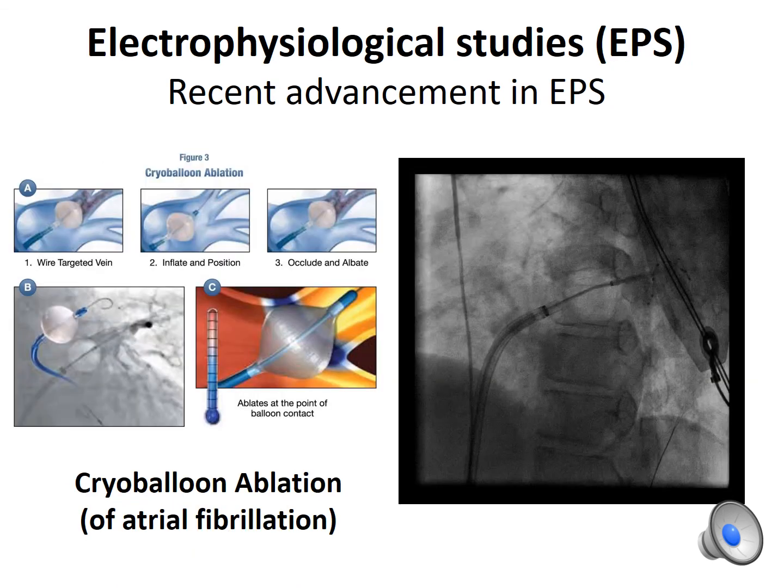The picture in the right side showed the His bundle pacing, which probably attenuates the adverse effects of traditional RV pacing. This slide showed the recently developed method for ablation of atrial fibrillation, the cryo balloon ablation. It is as effective and safe as traditional radiofrequency ablation for AFib, but it's more simple and less time-consuming. All of these above techniques were performed in our EP lab, and you may observe and understand the procedures during this course.